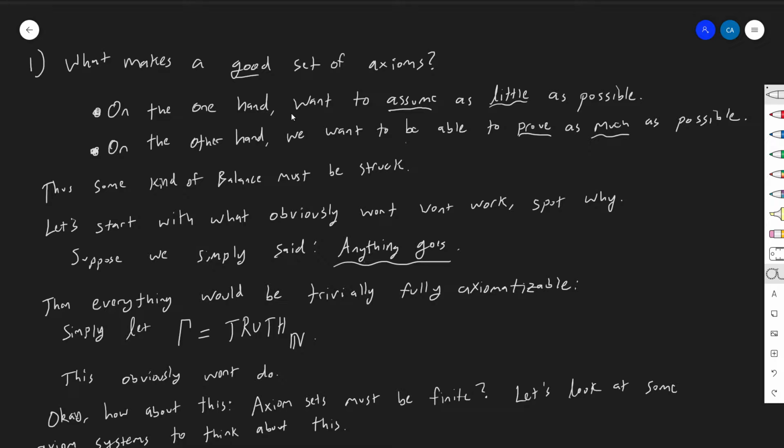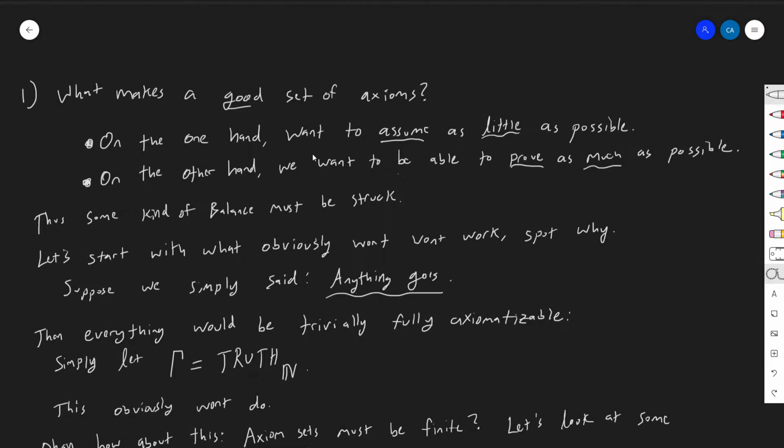So I guess we should take it that we have this idea of an axiom, but we really haven't defined an axiom system because we haven't figured out what's allowed and what's not allowed. In terms of what a mathematician wants with a good axiom system, there's sort of an optimization problem to deal with here. On the one hand, we want to assume as few things as possible, obviously. You don't want to assume too much. That would be insane. You're trying to prove things, not just assume them. The whole point was to prove things. So we want to assume as few things as possible. But on the other hand, we want to be able to prove as much as possible.